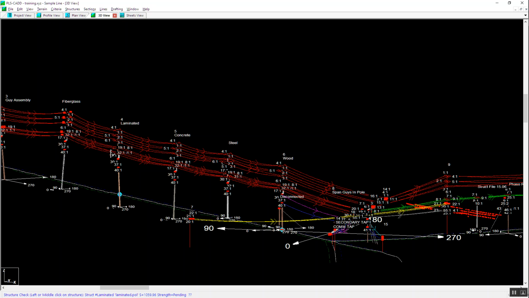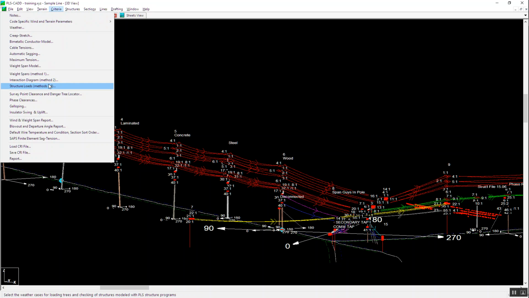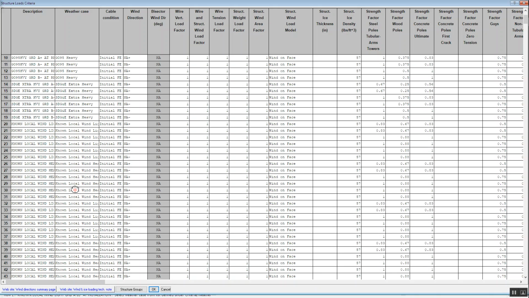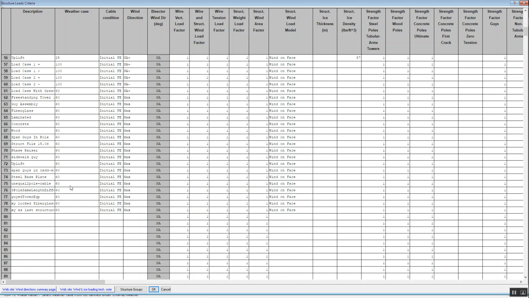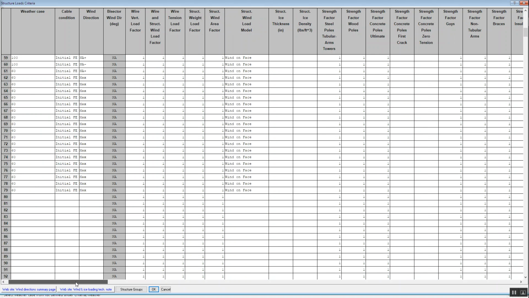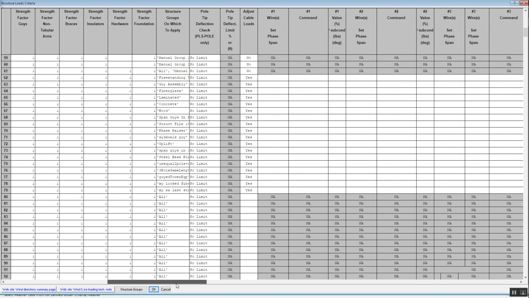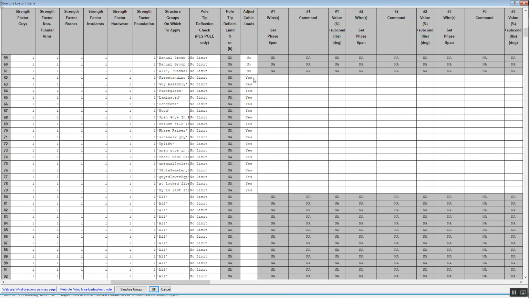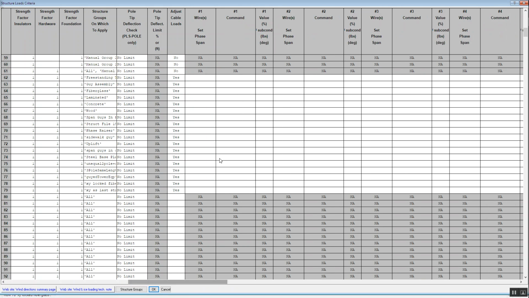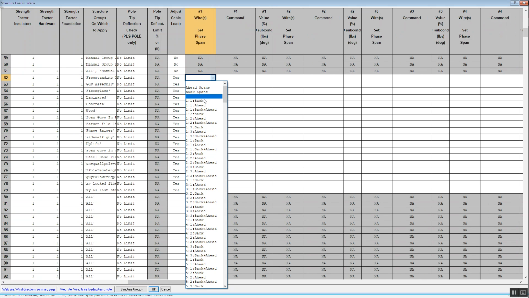and come into PLS-CADD. Then if we go into our structure loads and scroll over, in this case we have a separate load case here for every structure. And these are just going to be used to apply these broken wire cases. So for each of the structures here, we've added a cable load adjustment, but all of the cable load adjustments are empty. And this is where you would typically go through and define the wires that you want to break,